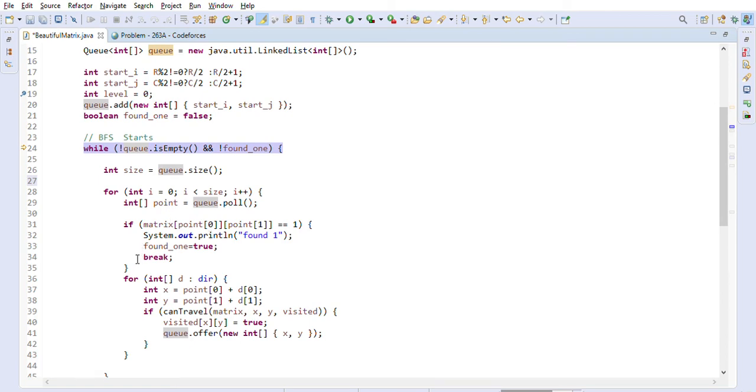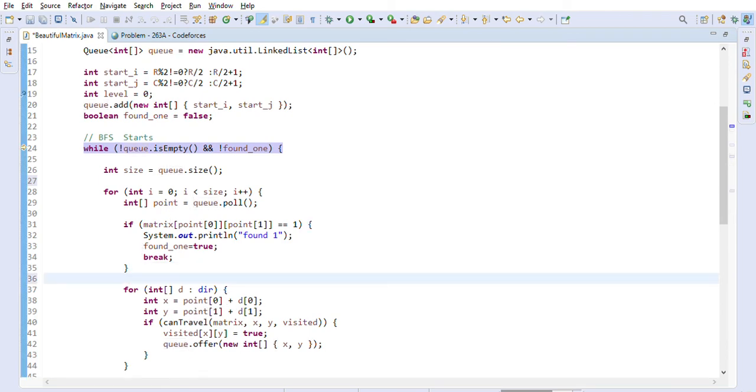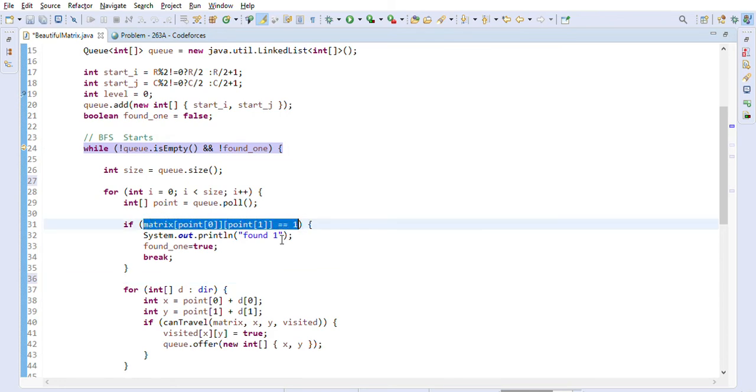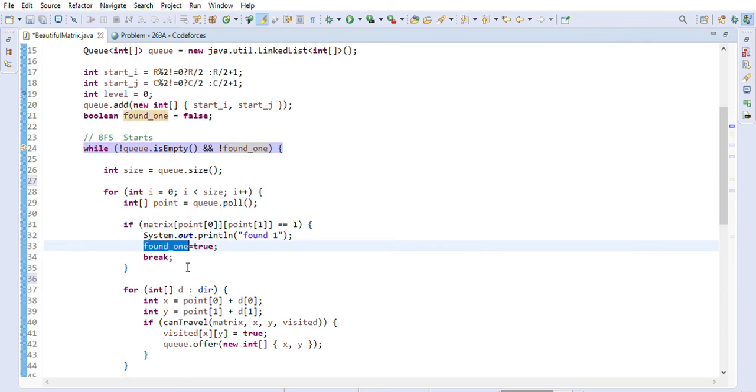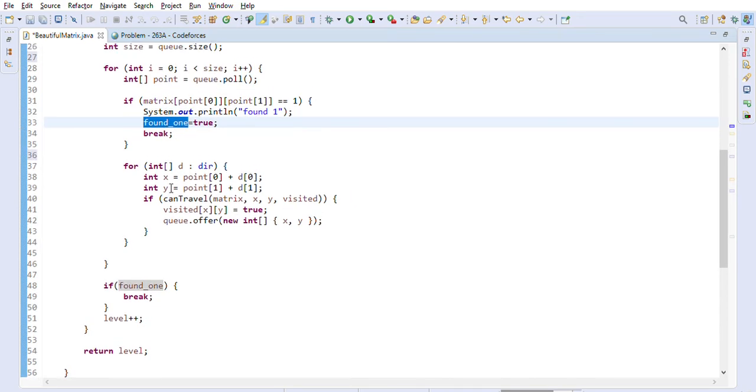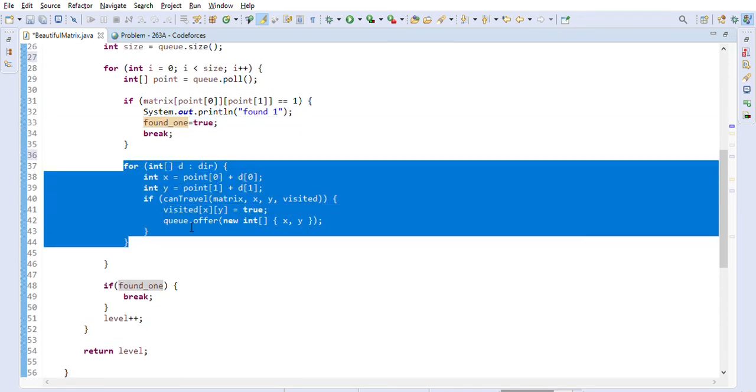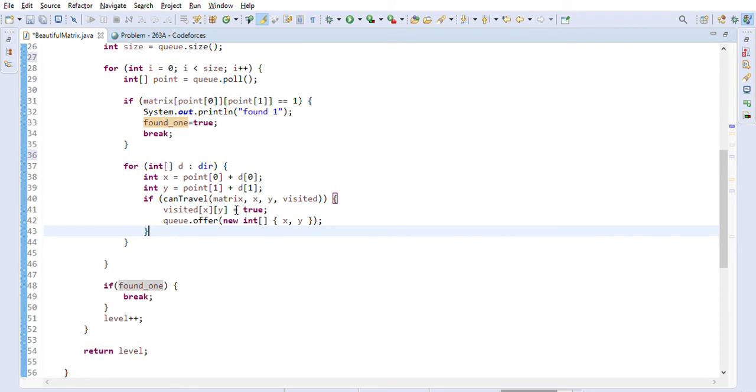And the first thing we want to check is, did we reach our destination? Our destination is finding a 1 in the matrix. So we check matrix of 0, 0.1 here, and check if we have found 1. If we find a 1, we make the found1 variable true and break out, because we already found 1. Otherwise, we will go in 4 different directions: upward, downward, right and left. We check 4 cells for the current cell that we are on.